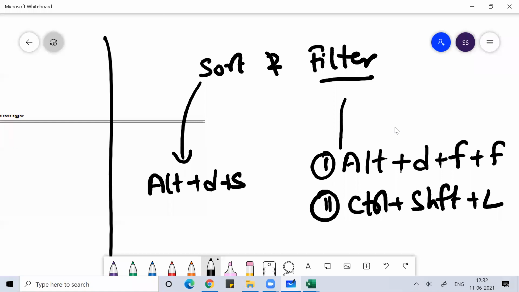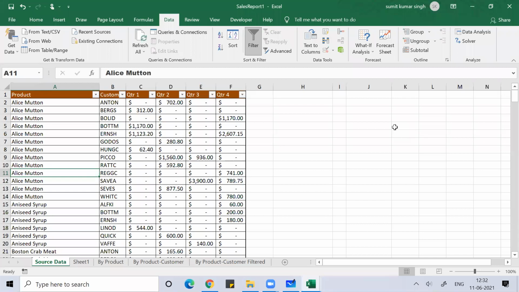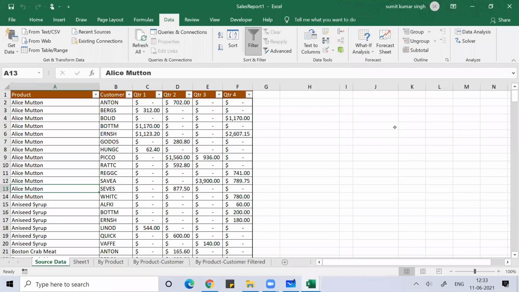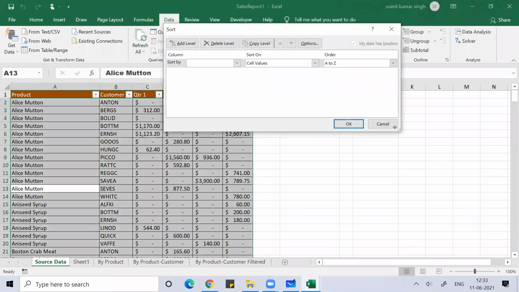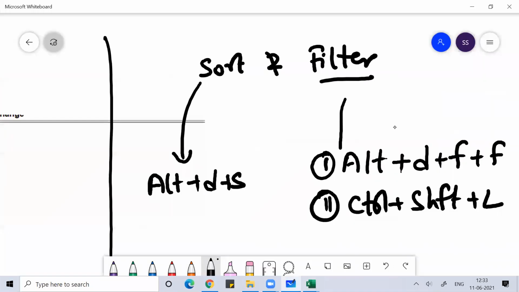Let me check the shortcut. Alt DS. Control Z, anything you did which is not required. Yeah, correct, it's working. So the shortcut key is Alt DS for sort, Alt DFF for filter, or Control Shift L. Any doubt?